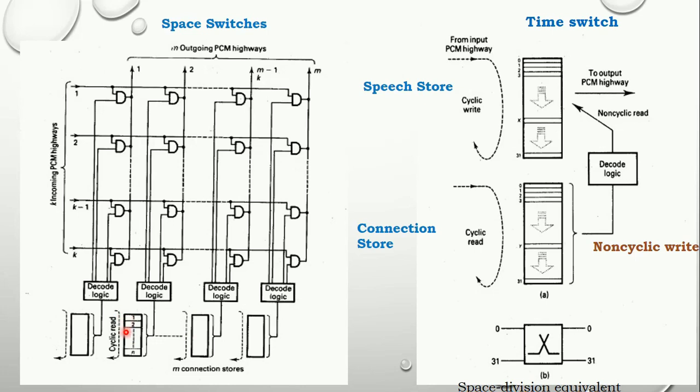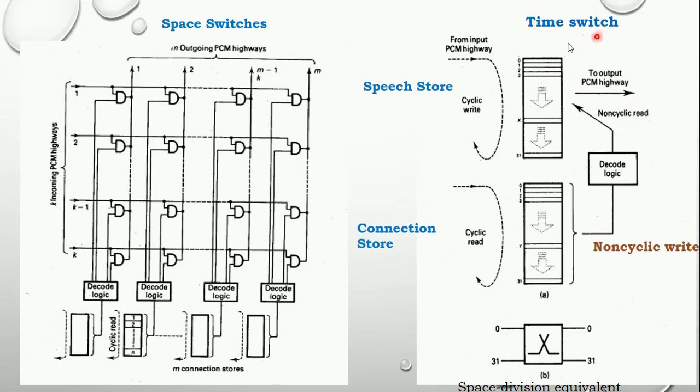And how the time slots are divided depends on the primary multiplex group. Basically here we'll go for 30 channel, that is European channel, where it consists of 32 time slots. I hope you remember the frame alignment is fixed for 1 and the 16th is for signaling, and the rest of that are speech channels. That means in the connection store you are going to store the data to be connected for both lines, that means M connections and M outgoing lines. This is about the space switch, where you have only one store, that is the connection store.